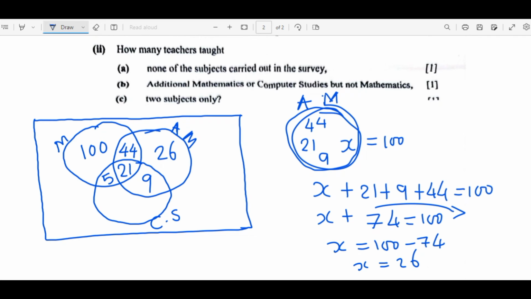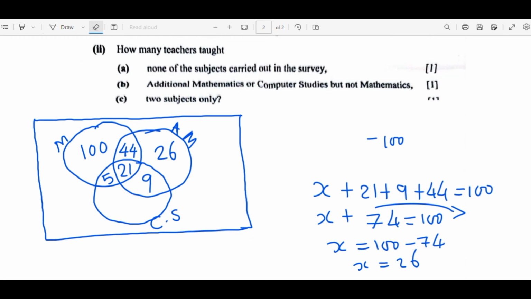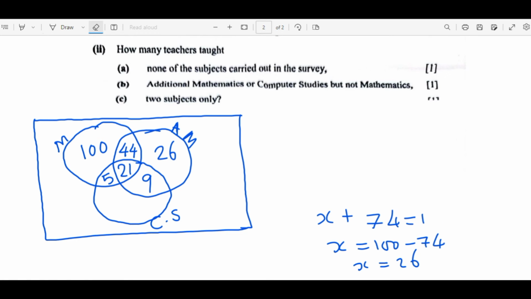So for the numbers that we are finding, like 100, 26, these are the numbers that represent the teachers that taught only one subject. So that's a concept. So for these teachers, if it's maths only, if it's ADMA, it's ADMA only. If it's computer studies, they did that computer studies only. So that's a concept here. Now we move on to question